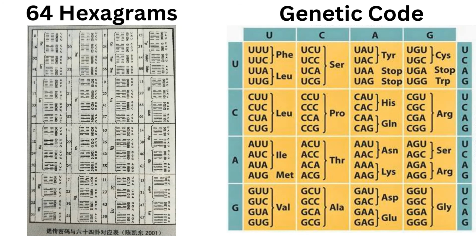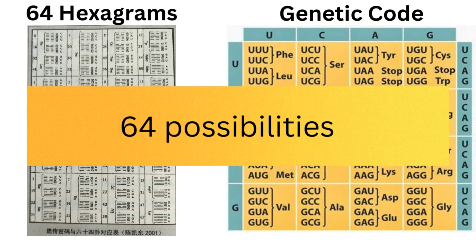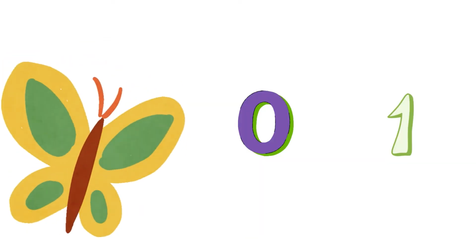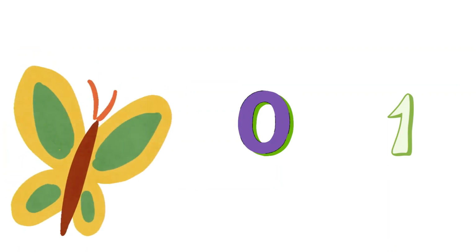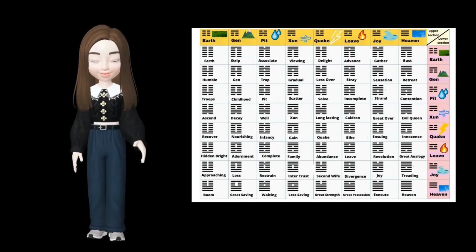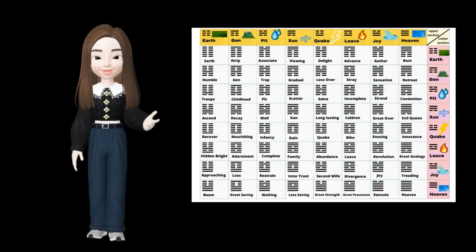Just have a look at this genetic code table. I don't know science, but I do know there are similarities between the genetic code and the hexagram. Both contain 64 possibilities derived from the binary numbers 0 and 1. The creature is all about 0 and 1. Yin and yang. Perhaps mastering hexagrams can help us decode DNA and the secret of our universe.